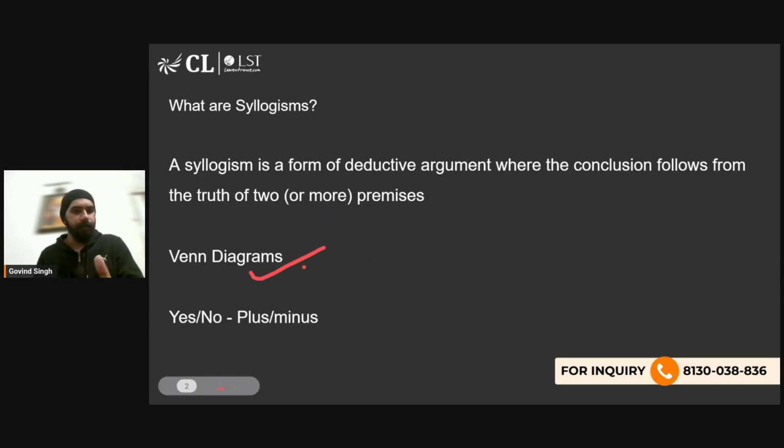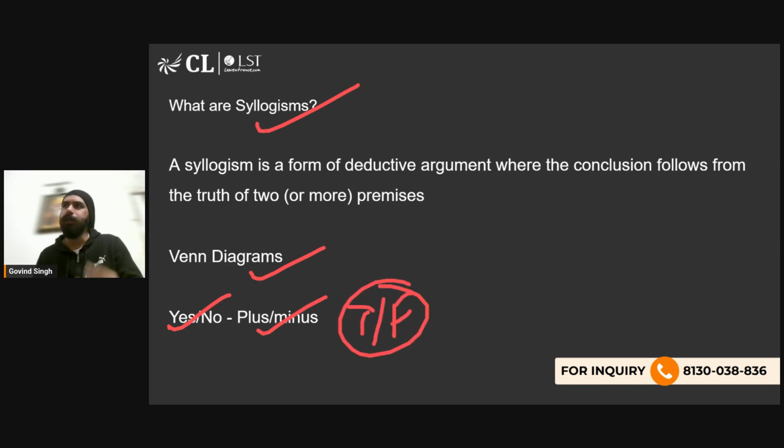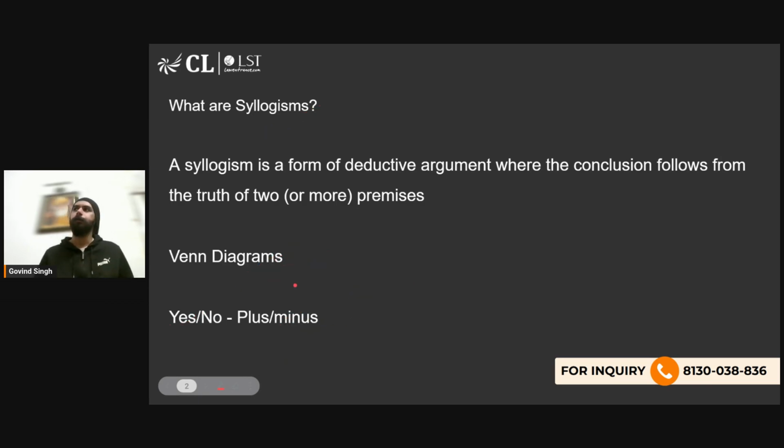We'll look at multiple examples of Venn diagrams, but before we look at what Venn diagrams are, there is another way to solve questions of syllogisms, which some people call the yes-no method, some people call it the plus-minus method, some people call it the true-false method, where you test multiple conditions and multiple possibilities and then check whether the conclusion would follow or not. It's a complicated method, you could say, to do a very simple thing. So I personally prefer the Venn diagram method, and I would recommend that you guys also follow the Venn diagram method. Although you are free to follow this method as well if that is what you prefer. I'm not going to stop you, but my personal preference is the Venn diagram method,